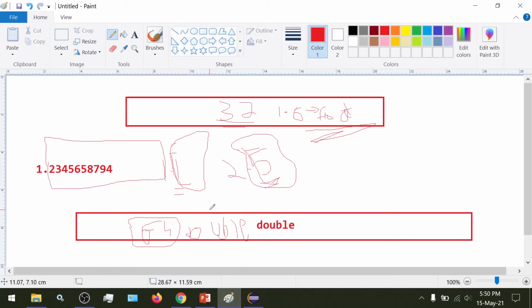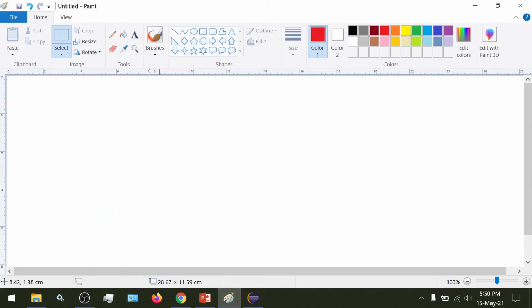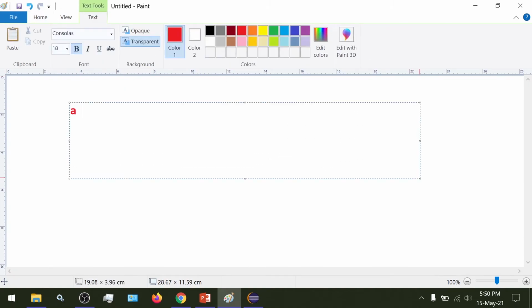But first, let us understand what a character is. An example of a character could be the alphabets on our keyboard. So A could be a character, B, C, anything could be a character. If I want to represent a single A in my program, then how would I do it? I would use the data type char for it.